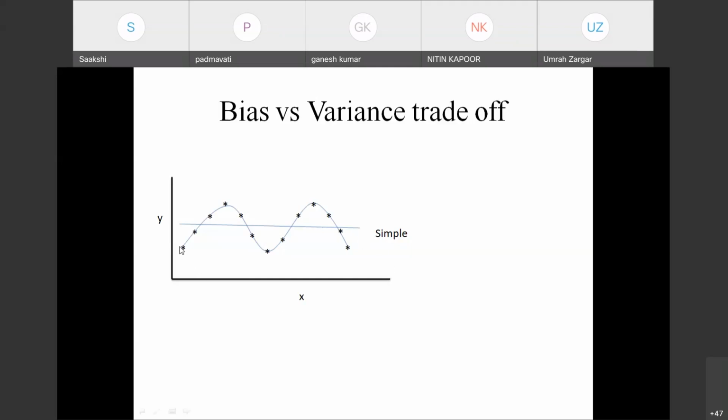Suppose I have a few data points. The data points are sample data points, and I want to perform the prediction. To perform the prediction, I have selected a very simple model. Suppose I have selected a very simple model such that there exists only one parameter, that is W1. Fine. For example, the simplest model I can say.